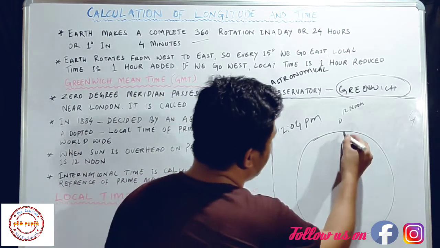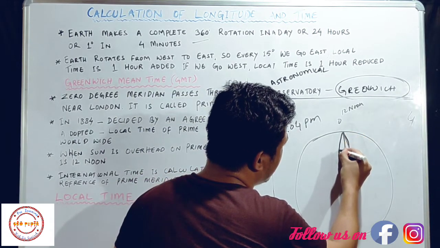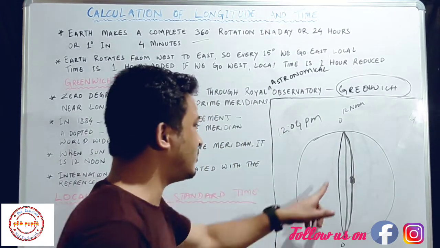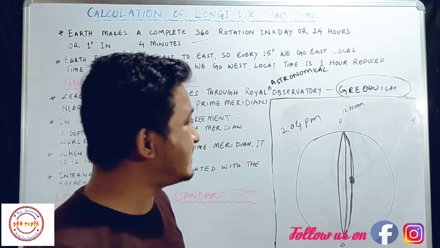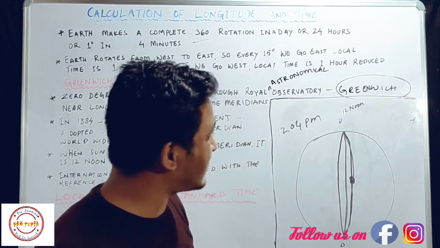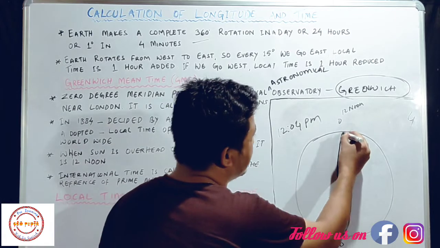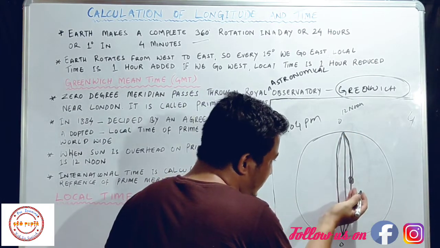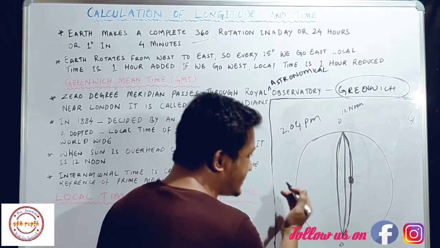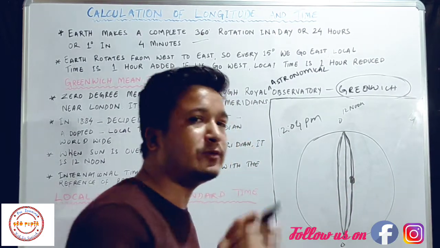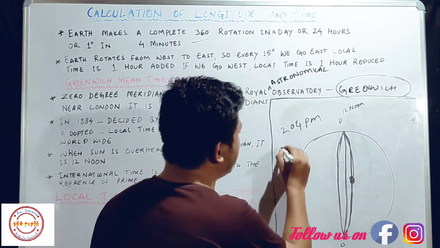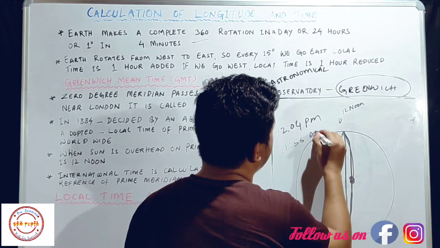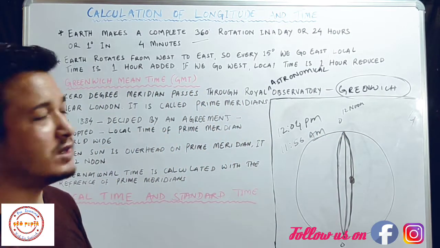Now, suppose we have here one longitude of 1 degree. Now what will be the time of this longitude? It means the time of this region. Now it is 1 degree. This longitude is 1 degree, and it is in the western hemisphere. It means in the west direction. So that's why what we have to do, we have to reduce 4 minutes. So what will be the time here? Here it will be 11:56 a.m. I think you got it, right? So this is the concept.